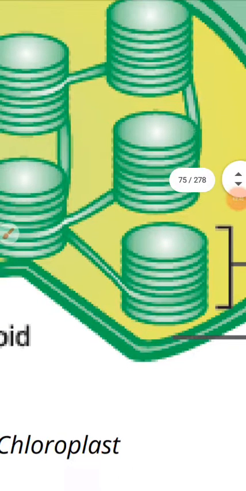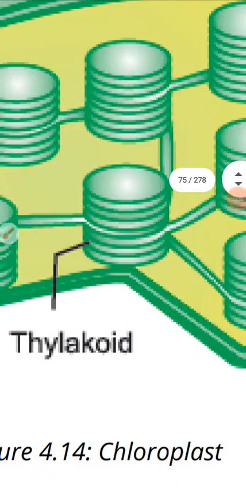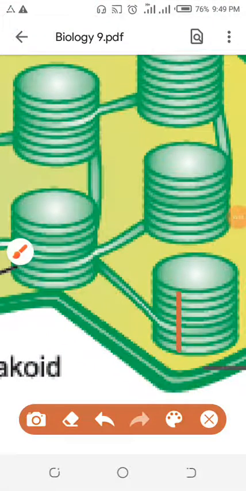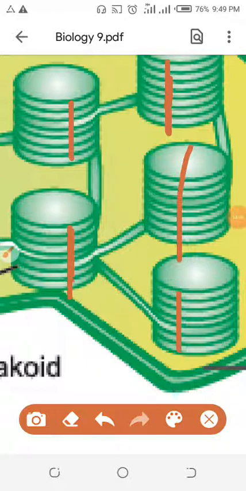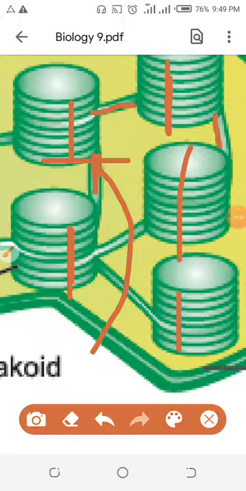Look, one membrane network finishes, then another membrane starts. One thylakoid membrane finishes, then another thylakoid membrane starts. Many plates finish, then other plates start, and they are interconnected by a thread-like structure, which I will name later on. Why are these plates more? Why are thylakoid membranes more? To increase the surface area.